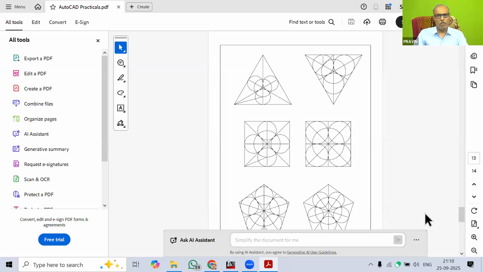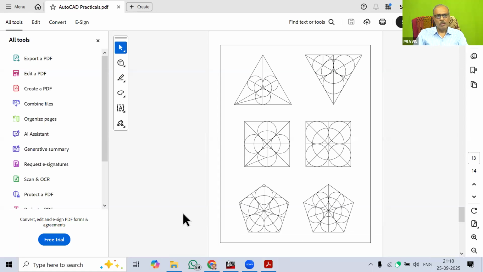इसको कैसे बनाएंगे आप AutoCAD में, इसके लिए आपको ये वाला स्क्रीनशॉट लेना है. And those you have taken, so they can just type T for third screenshot, so that I will confirm that you have taken the third screenshot for your exercise, and then we will proceed. So this type of drawing you have to try now. अभी तक का आपने जो AutoCAD सीखा है उसके बेसिस पे आपको ये ऐसे प्रकार के ड्राइंग ऑटोकैड में बना के देखना है. So there will be a specific dimension for all this. तो ये सारा डायमेंशन के साथ भी आने वाला है आपको आगे. So this you need to try.